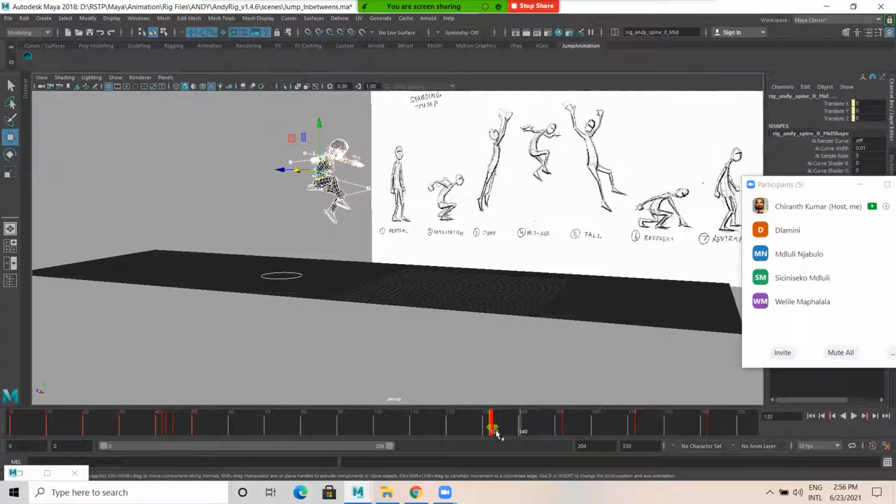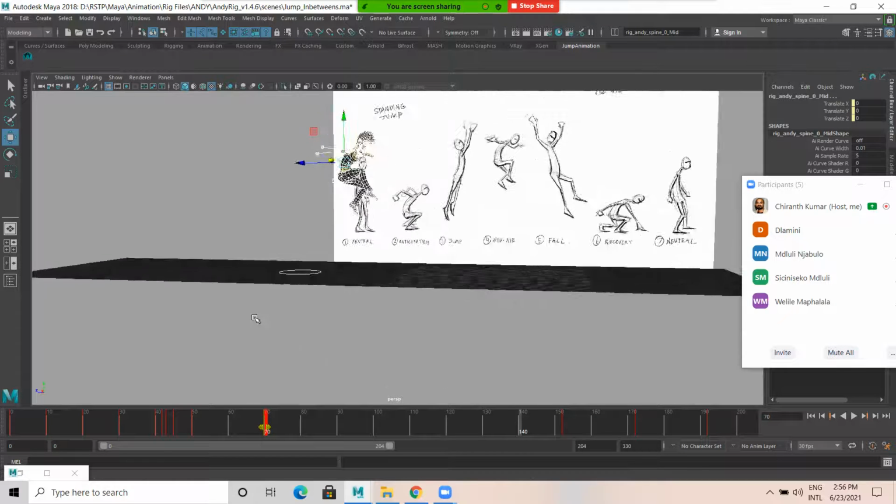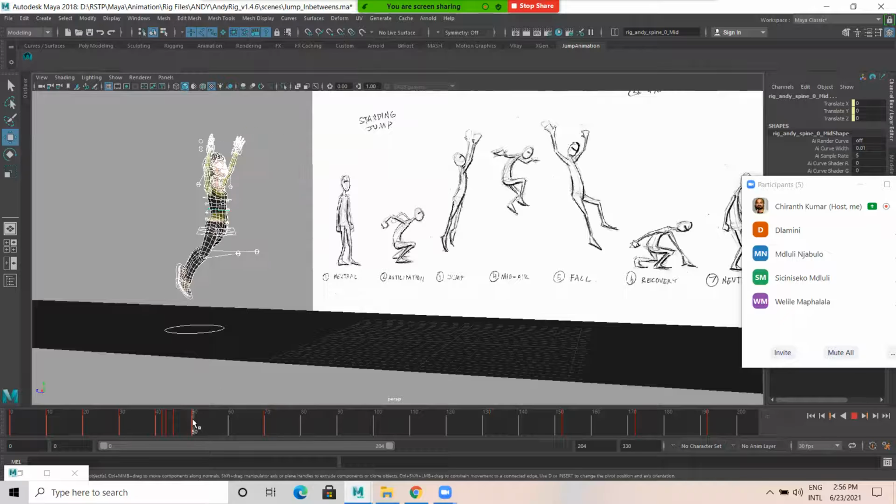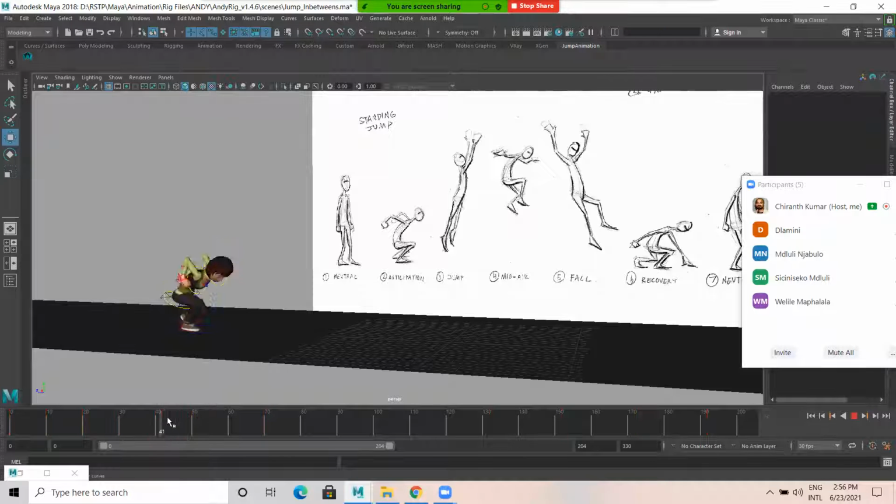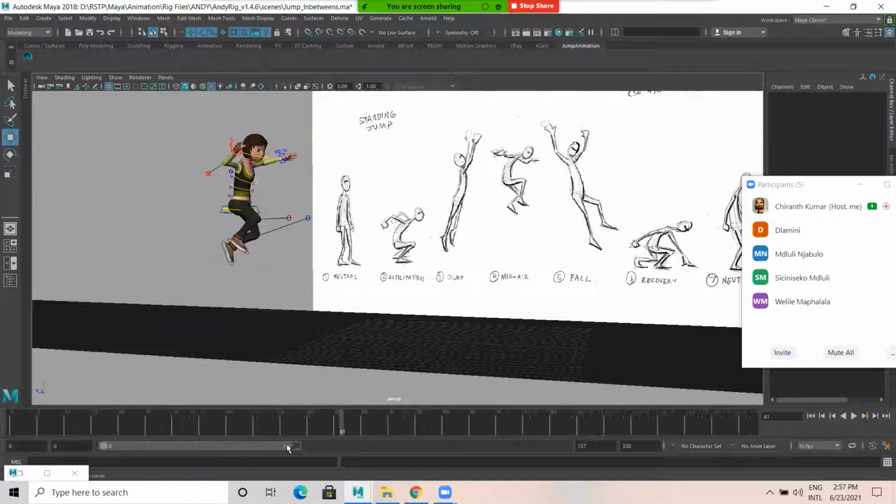Shift, click on this frame 132 which I moved, drag and drop to previous frame 50. So I would like to keep it here at 70 because I want my character to spend some time in here, around 20 frames, not seconds. So observe the look, so that she settles here. It looks nice. Let's say up to 70 I do. You just look into this.